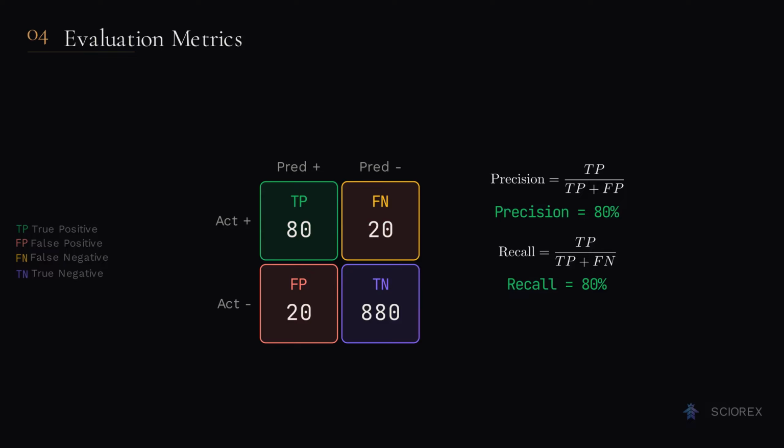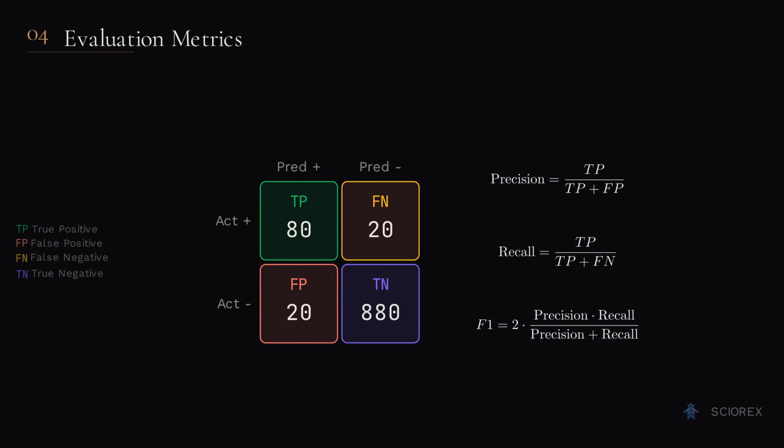The point is what they measure. Precision catches false alarms, recall catches missed cases. There is usually a tension between the two. You can get perfect recall by flagging everything as positive, but your precision will be terrible. You can get perfect precision by only flagging cases you're extremely confident about, but you will miss many real positives.